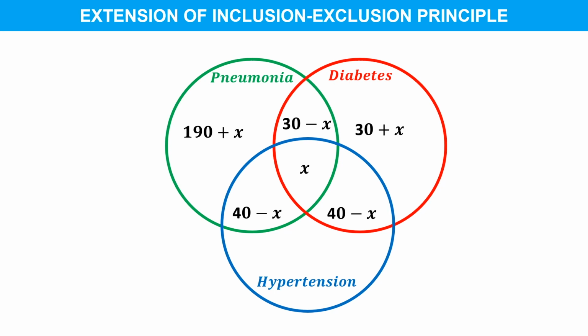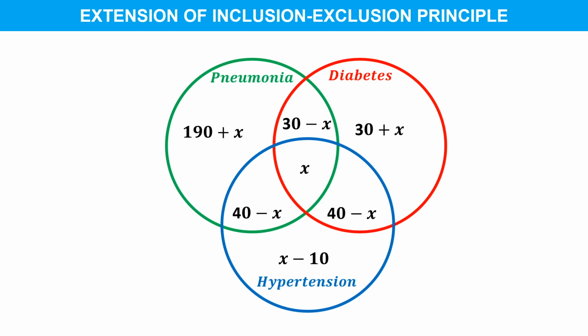Lastly, the problem also say that there are 70 patients that were diagnosed with hypertension. Sa bilang na ito, kasama yung mga pasyente na may hypertension at pneumonia, hypertension at diabetes, at pneumonia, diabetes at hypertension. Kaya ibawas natin ang mga ito para di magdoble ang pagbilang sa kanila. I-simplify uli natin. Now, to find the number of patients with 3 illnesses, we simply add all the cases